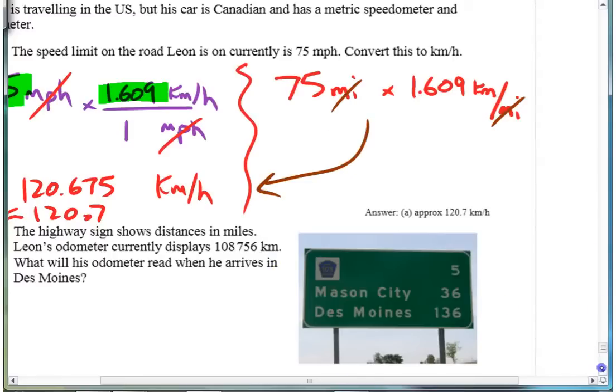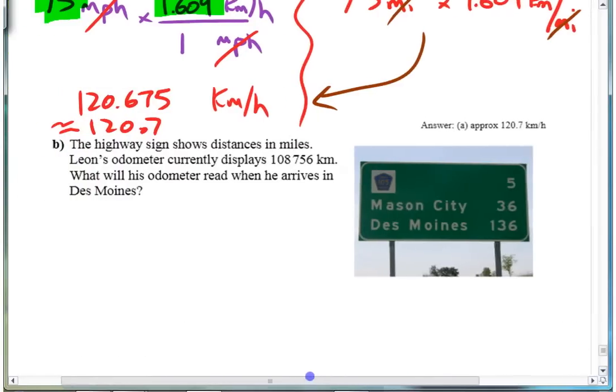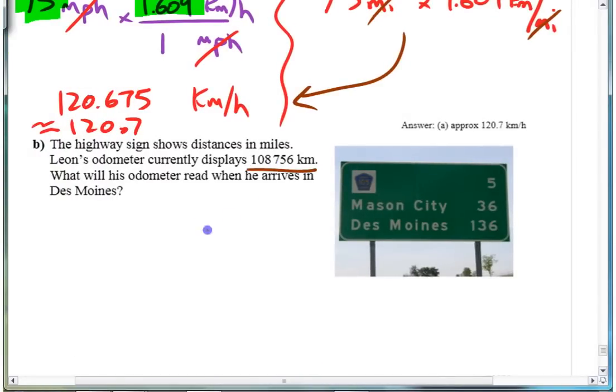The second one here, you might need to do a bit of thinking, because it involves your odometer. It says that right now. You need to look at the sign. You're going to Des Moines, Iowa, the exciting center of the universe. 136, again, road signs in the States are in miles, right? 136 miles. So right now you're at this, and you're going to tack on 136 miles, but you can't just add it to that. You probably want to convert this first. You need to change 136 miles to kilometers,